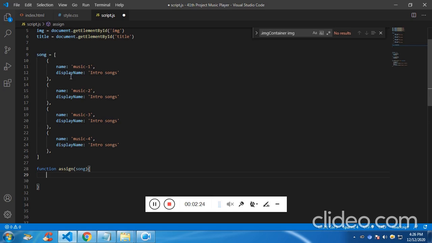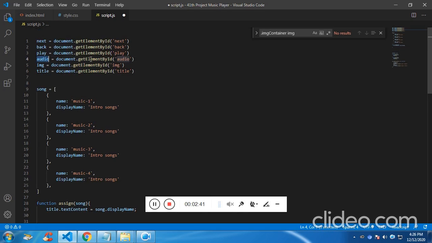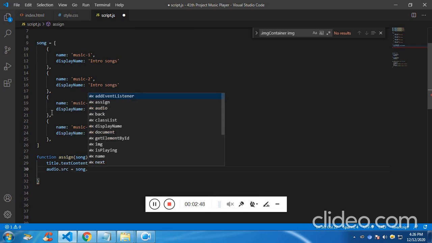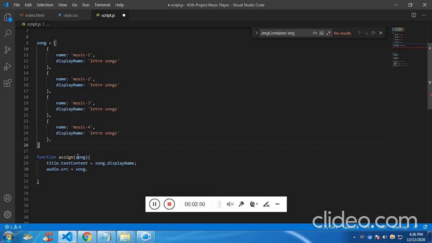I want to change the title dot textContent equal to song dot displayName, and then we have audio dot src equal to song dot, again the song name is name, and then we have image